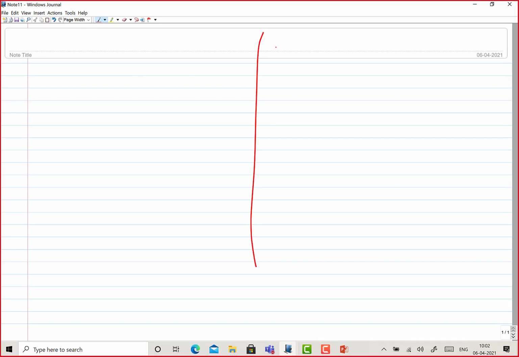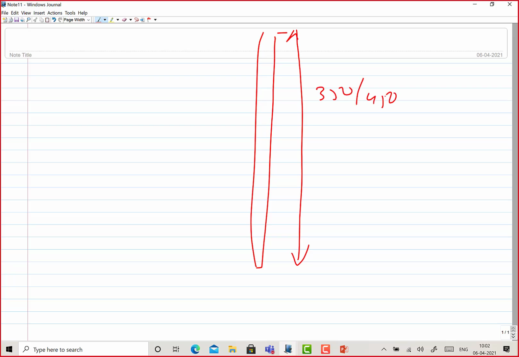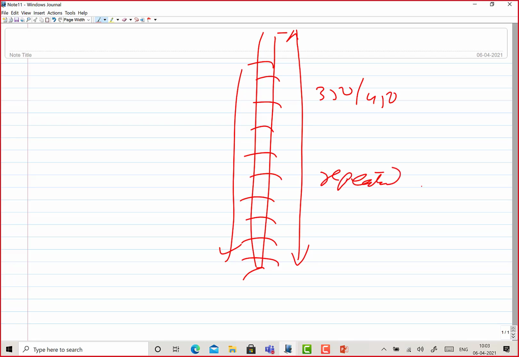These electrodes are of different sizes. Say one typical electrode can be of size range, say 350 to 450. During the welding, these will be consumed. So as soon as the length is reduced, this needs to be replaced. So start, stop after the consumption, electrodes need to be changed.